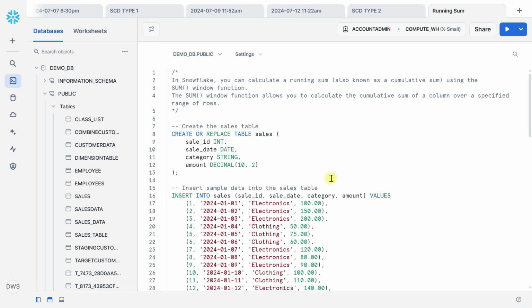In this video, we are going to learn about how to calculate running sum, also known as cumulative sum, using